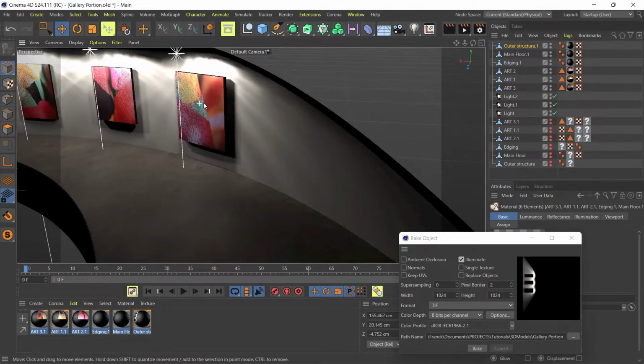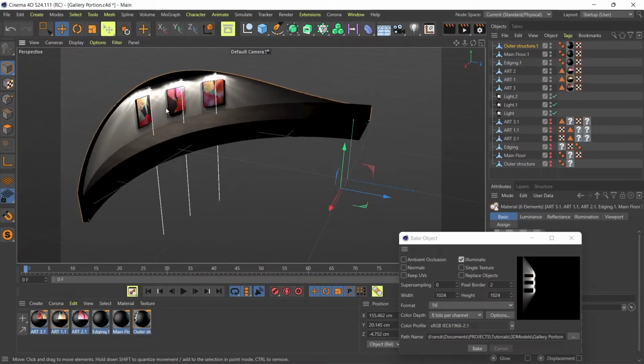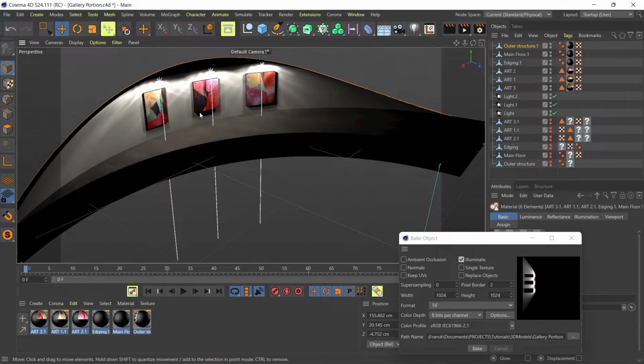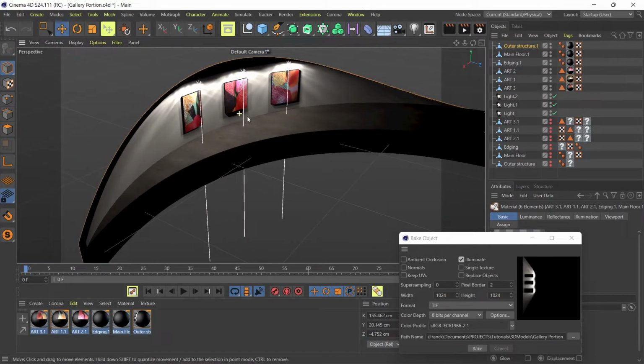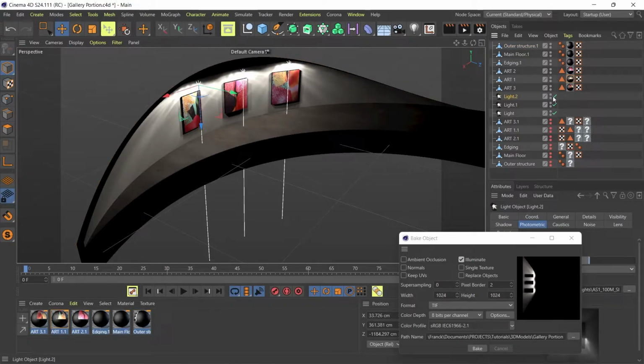And this is basically my baked lighting. This is what I need to import into those online platforms. So now I don't need my lights, so I can hide my lighting and everything else is hidden. So all I have is my geometry